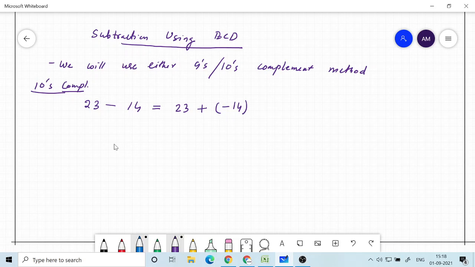So 23 is straightforward to represent, but if you want to incorporate one sign bit, we need to add one more digit, one more BCD code. 23 is a 2-digit number, so we will incorporate the sign bit by introducing one more digit, and for positive numbers